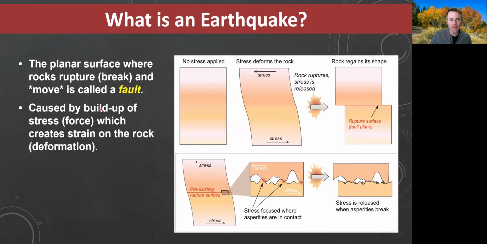All right. So here's kind of a representation of what that looks like. These, what we call planar surfaces. So imagine this is a piece of rock, kind of like if you're looking down in an airplane, like a satellite view. And let's say it's the San Andreas Fault even. So the San Andreas Fault would kind of be in the middle of this rock. If there was no stress applied, it would just be rock. But if you start applying stress to either side of it, that rock starts bending, or the scientific word for that is deforming, right? It starts deforming underneath all this stress. And eventually those minerals can't hold that stress anymore and they break. And when they break or rupture,